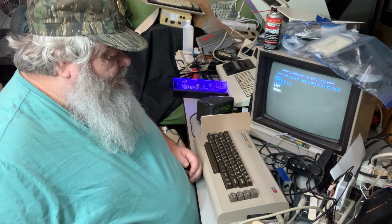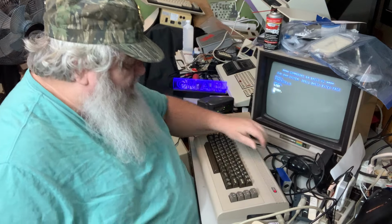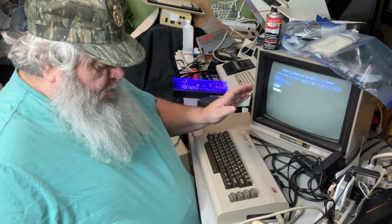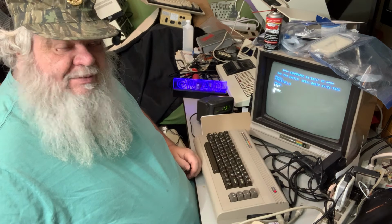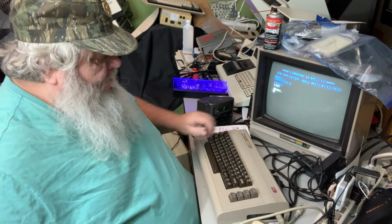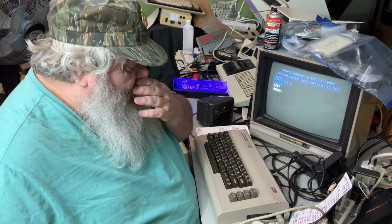But, yeah. So if you have one of these, or heavens, if you're going to get a 1764, don't plug it into a regular 64 power supply. Just don't do it. It won't go well. It will not. Anyway, while I'm here with this fine power supply,